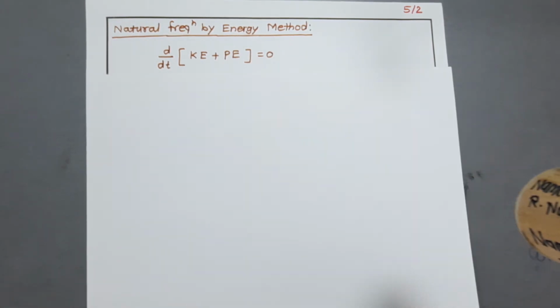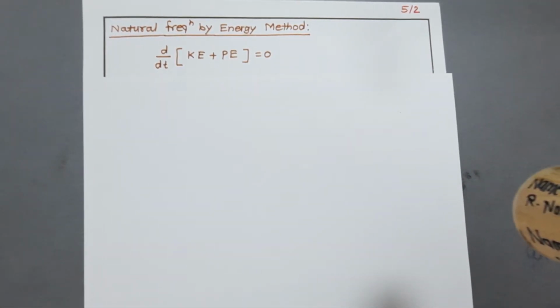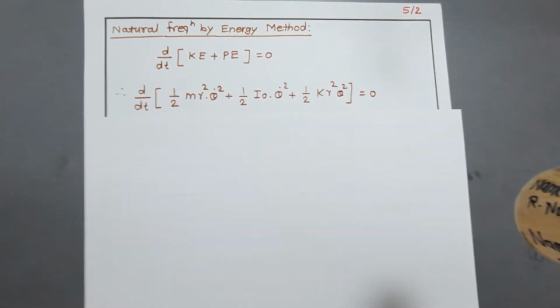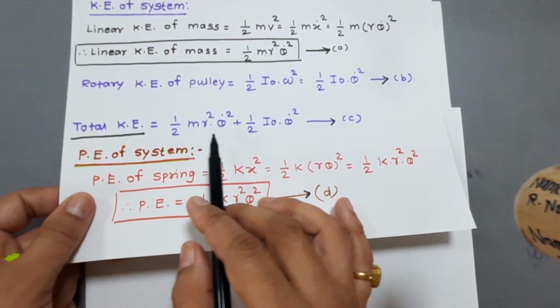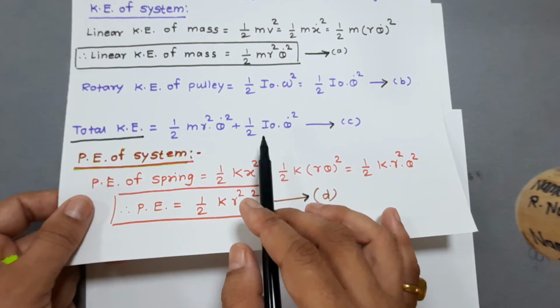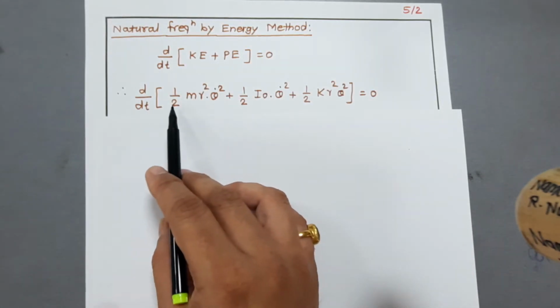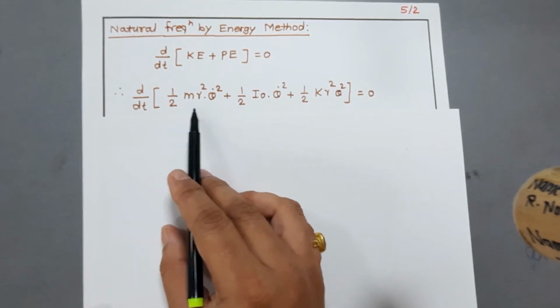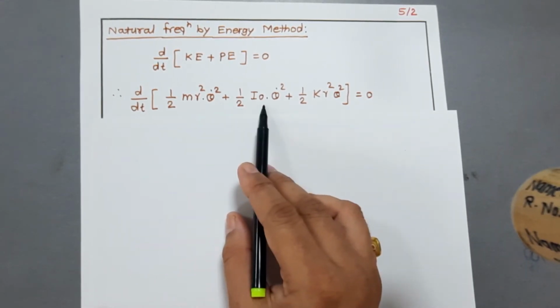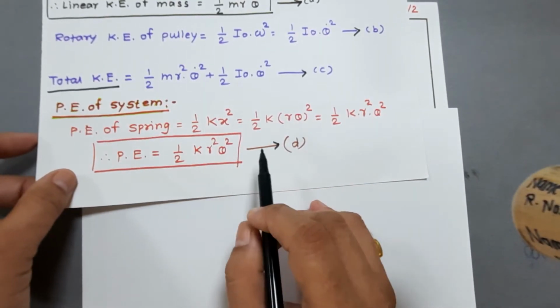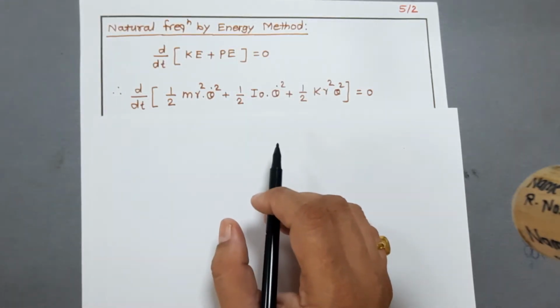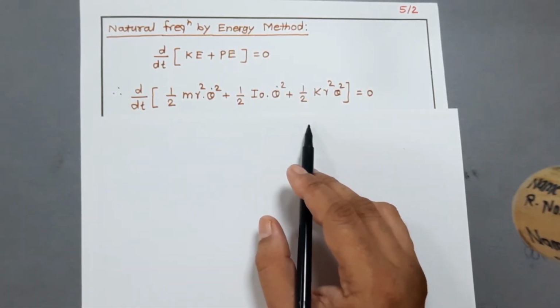Now we will solve this. We have the formula d by dt of kinetic energy plus potential energy should be equated to 0. Now we are going to put these values. We have seen total kinetic energy is equal to 1/2 m r squared theta dot squared plus 1/2 I0 theta dot squared. I have taken this kinetic energy here, d by dt as it is. Now the potential energy, we have determined as equation number D, 1/2 k r squared theta squared. I am going to put that value here, 1/2 k r squared theta squared,